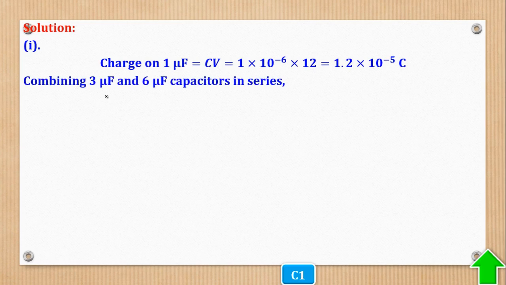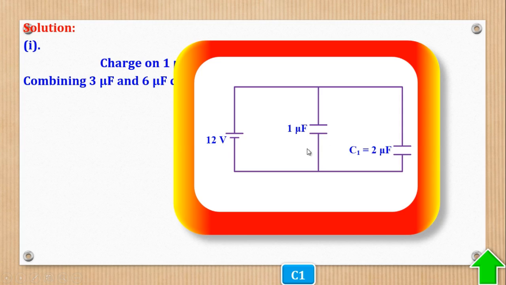For these other two, we have to first combine them. So when I combine these ones in series, I'll use the method of product over sum to give you 2 microfarad. So when I combine the two, I'm going to come up with this. So that means that now